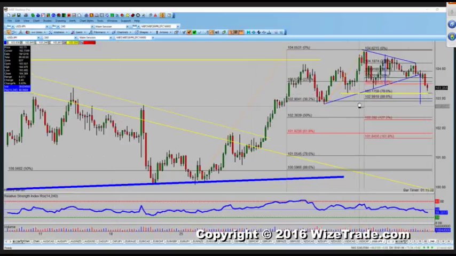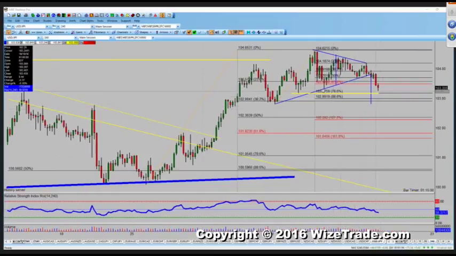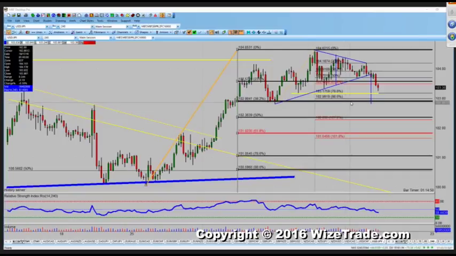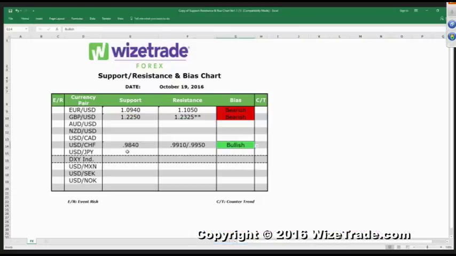I wasn't really, and the reason why is because we have this triangle pattern that I think is trying to play out. So I think a move down to 102.80, 102.90, remember, is the 38% retracement. I think that's possible. So I think that's a better place to play on the long side, and frankly, I think that's a place where I might be adding.